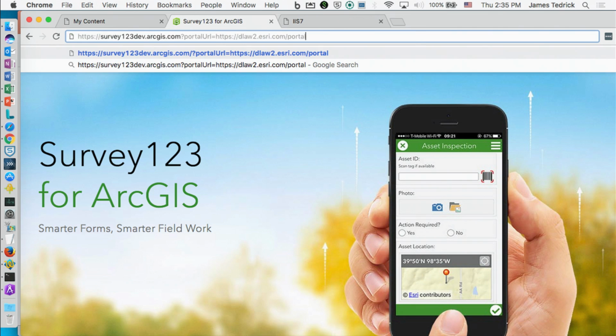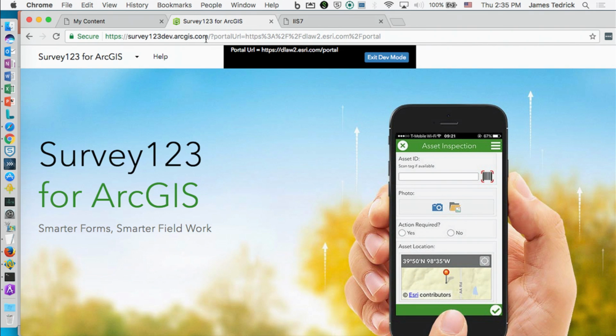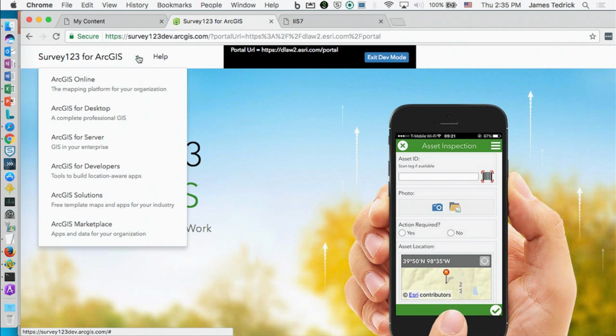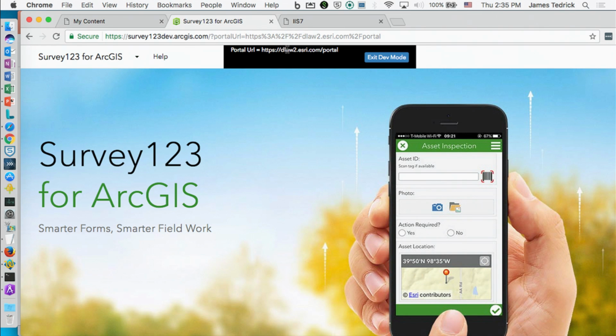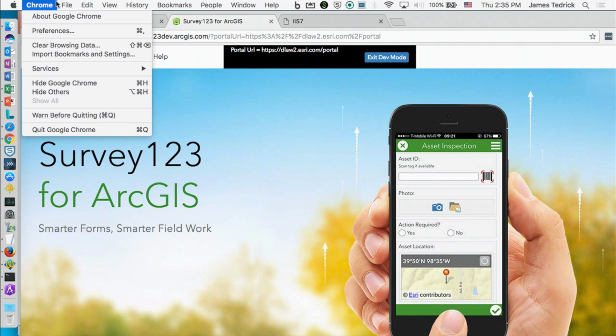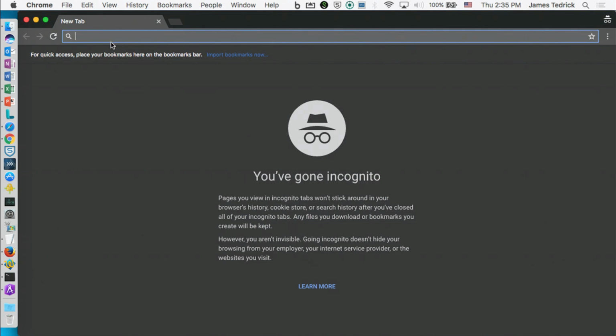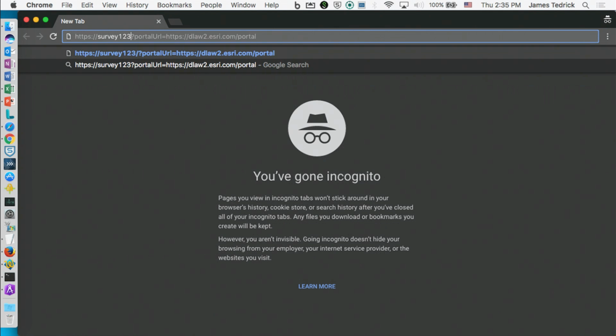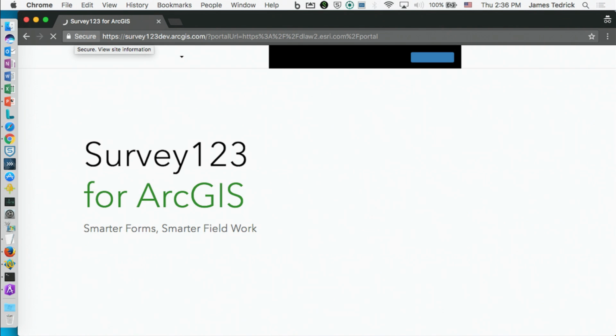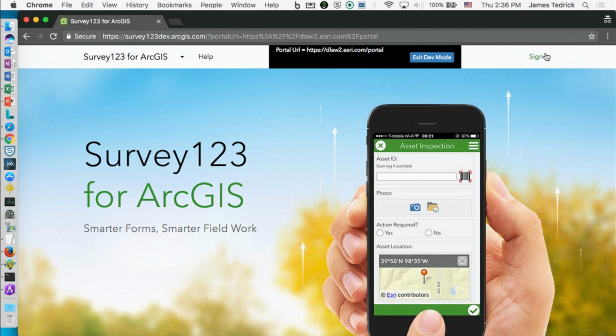Looks like I need to maybe do a refresh or load because there's no sign-in button. Can you use QA? Yeah. Actually, I think I just need to do an incognito window. When we switch around sites like this, there we go. There's the sign in. So I'll sign in,